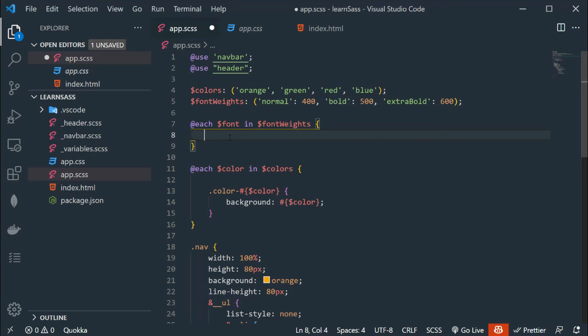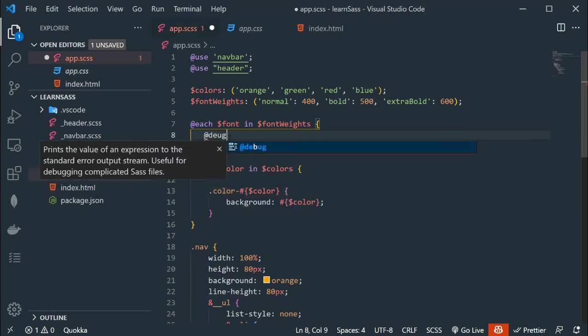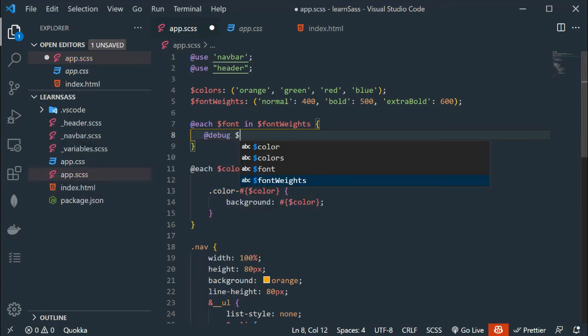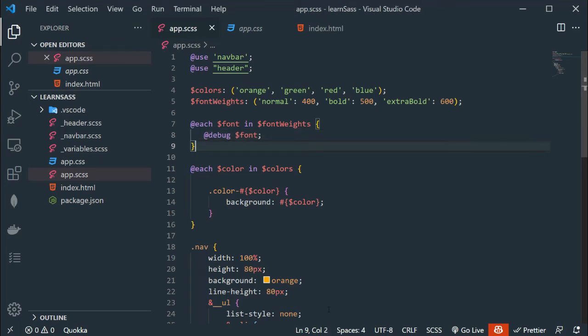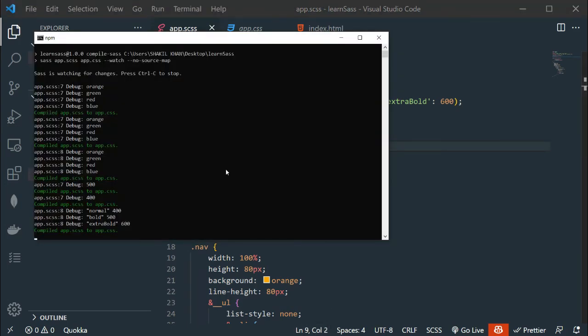Let me show you. @debug $font. Save the file, go back to command prompt, and we have normal 400, bold 500, extra bold 600.